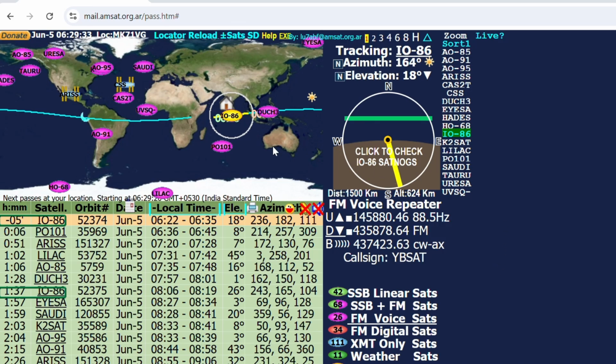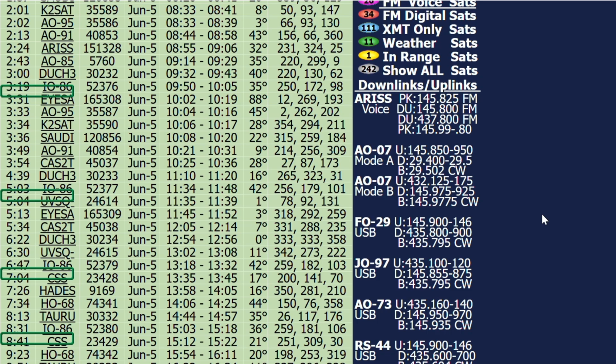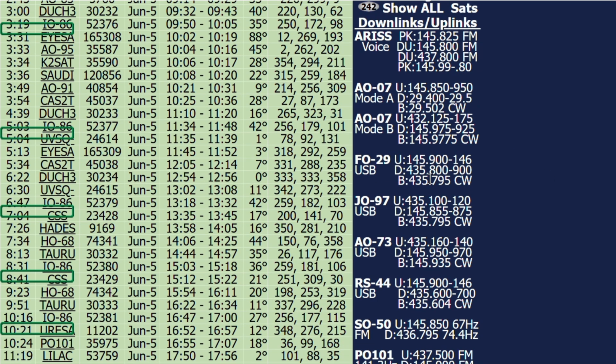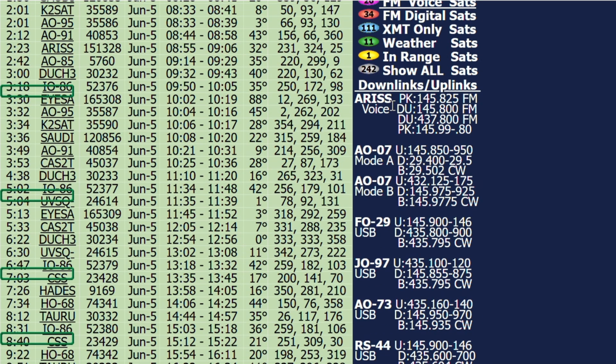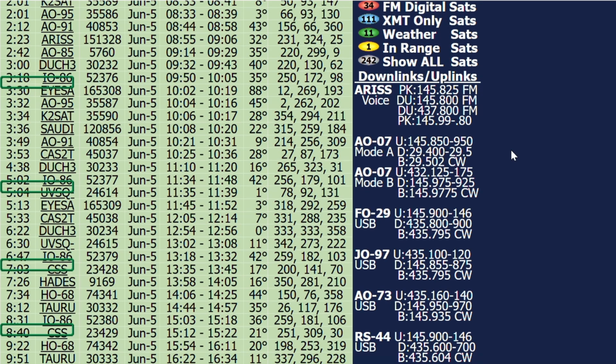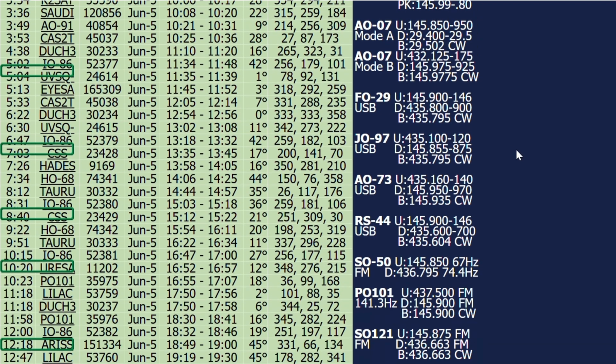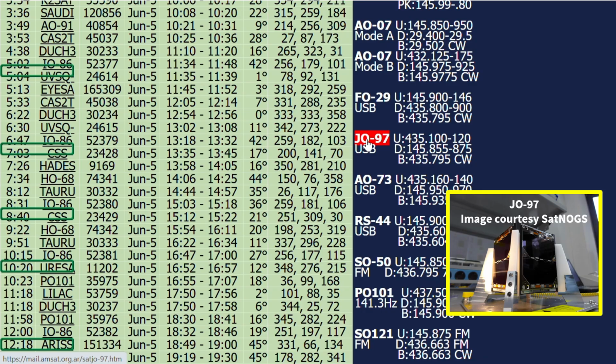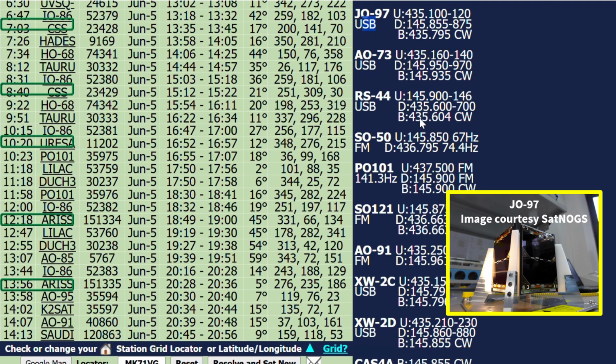You have seen that it has now passed the time of closest approach in my region, and it is going to enter the region of the parent country, that is Indonesia. For easy reference, the important satellites are listed here. You can see that ARIS is listed here, uplink and downlink frequencies, and AO07, Jordan Oscar, JO97 is listed here. That's a linear satellite, USB, and AO73,